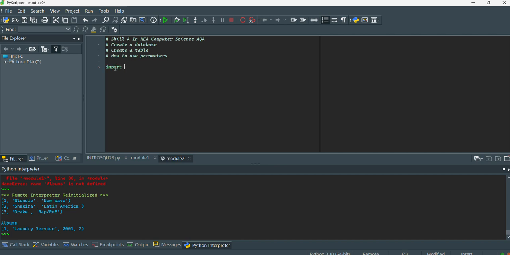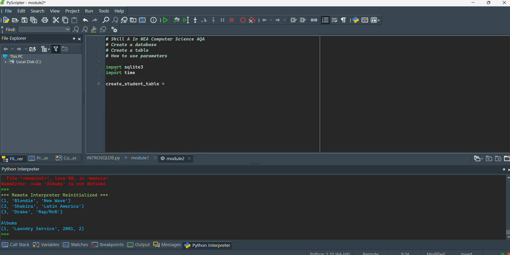So let's go through import sqlite3. We're going to use this library. Now, some students use SQLAlchemy. The problem with that is it does a lot of the heavy lifting for you, in that the database is set up via you dragging and dropping and creating all of your tables. But if you want to get some good credit and show that you know what you're doing, you want to do this yourself. So in this case, what we're going to do today is create my student